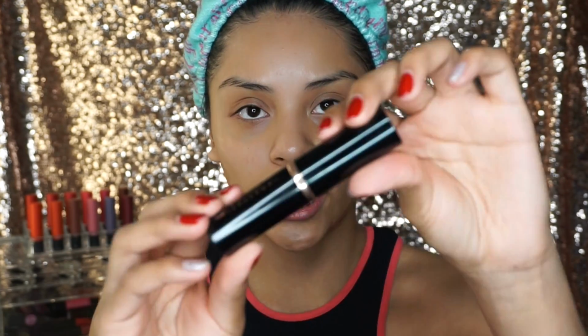So for today's foundation, I'm going to be using this Anastasia Stick Foundation in Golden. I've really been loving this foundation lately, and I really like the shade too. And what I like doing is just adding lines, I guess. Like that. I first do one side because I'm afraid that it might get dry and it won't blend as well. So I like doing one side first, and I love blending this foundation with the Morphe M439 brush,